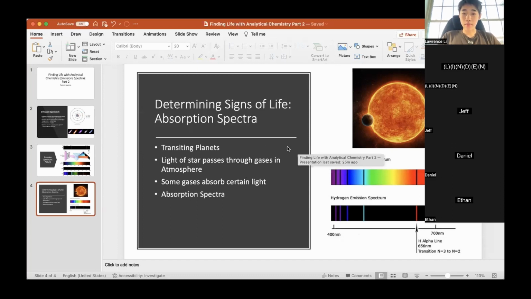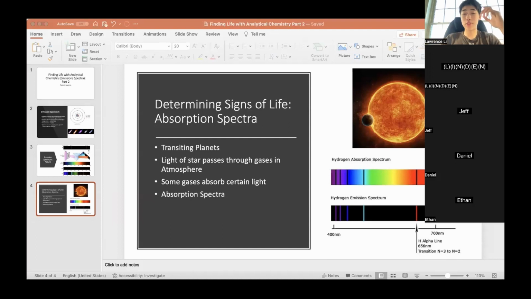In the first one, the empty spaces are the color spaces. In the second one, yes, that's exactly what I wanted to hear, Ethan. Thank you. So Ethan pointed out a great point: if you look at the bands in the hydrogen emission spectrum, which we looked at earlier, they're the bands that are missing in the absorption spectrum. And so if this is emission and this is absorption, then when something absorbs,